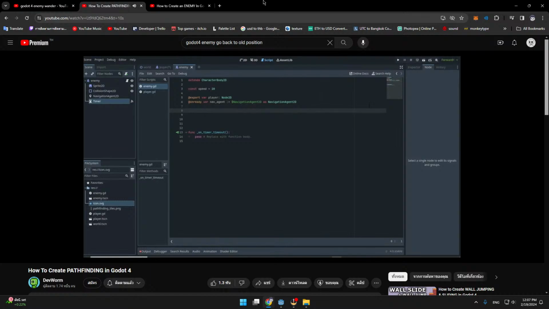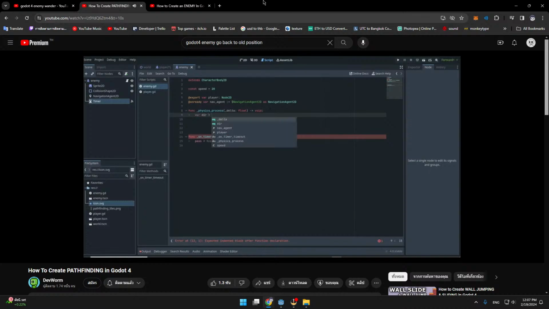And then we're going to have a couple functions, or it's going to be like 2 functions. So first of all, we need our basic physics process function. And then instead of this just being a delta, we need this to be a float as well, because the movement of our enemy is going to be classified as a float, and then we can just send this to void. And then in this function, we're going to create a variable which is going to be our